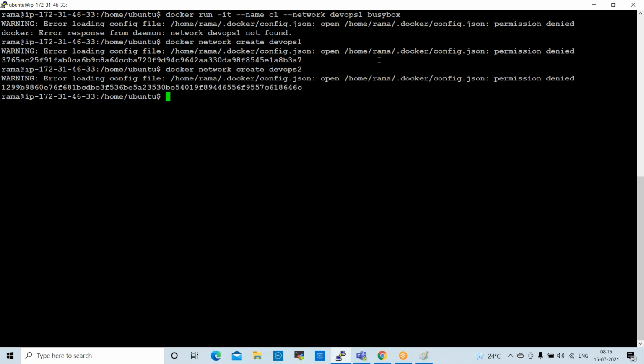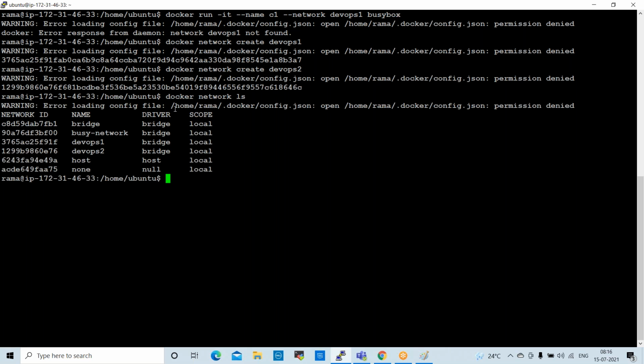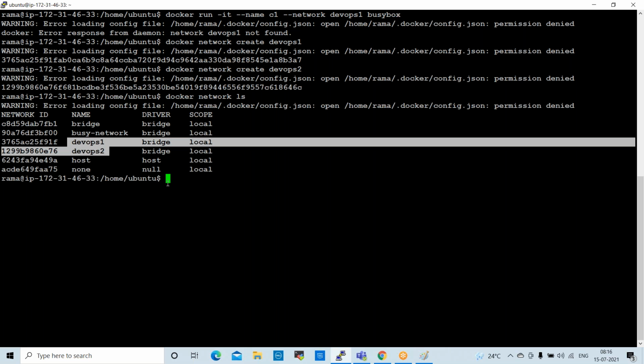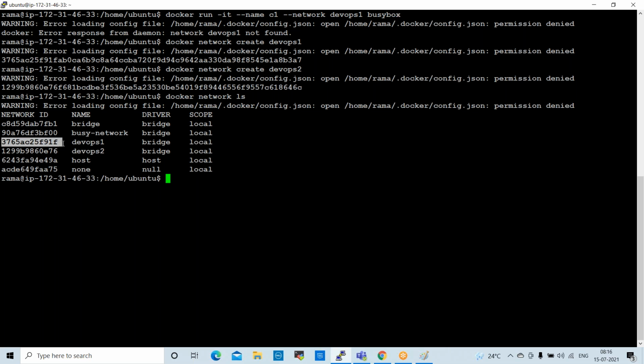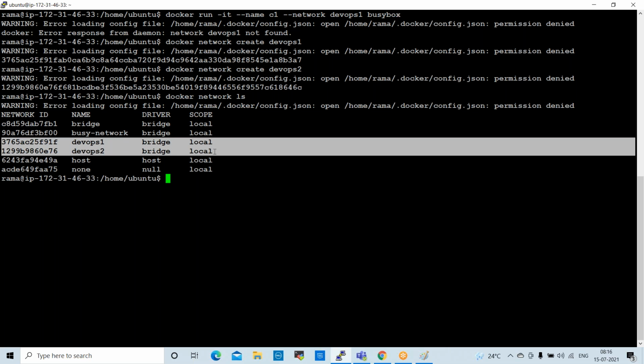So now we created two networks. Now if you check with docker network ls, these are the networks available: DevOps1, DevOps2 we created now, right? In these networks we create containers now.